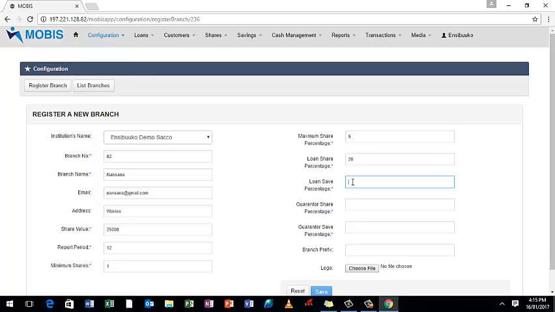Then savings, you find that some financial institutions, to be able to access a loan, you should be having some percentage of savings to qualify for a respective loan amount. For example, it could also be like 10% of the loan amount the applicant is trying to request for. Then guaranteed share percentage. This is where the guarantors who are guaranteeing the applicant should be able to have some percentage of their shares which should relate to the loan amount being applied for. So here we can put